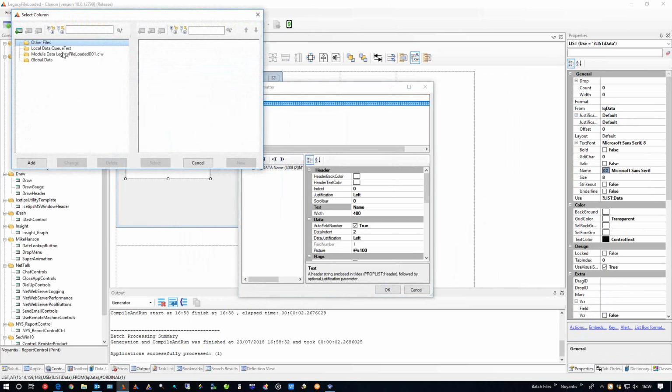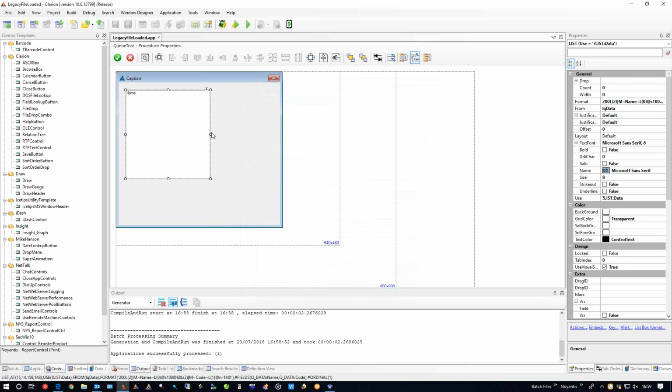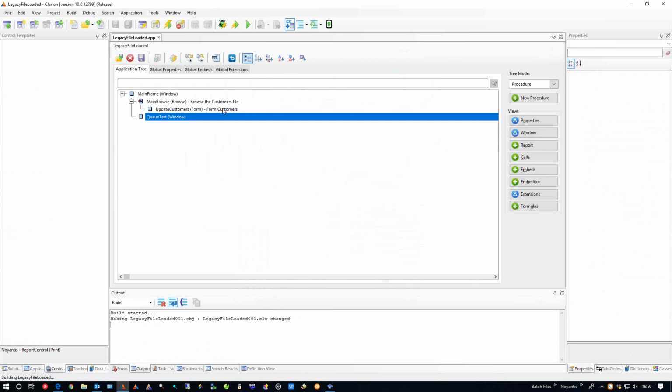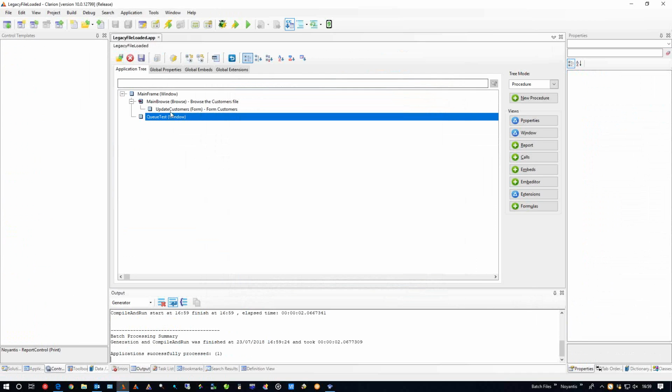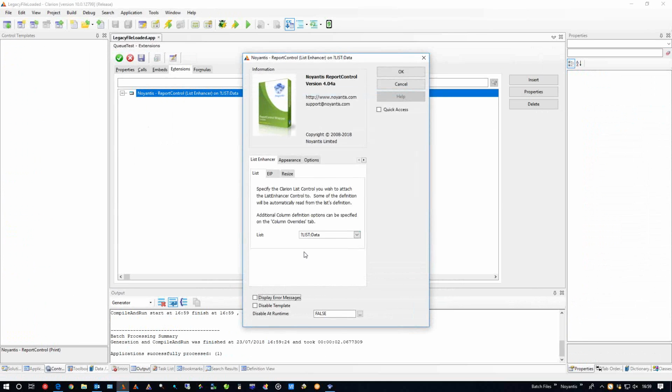Name, code, like so. We've got to load the queue.